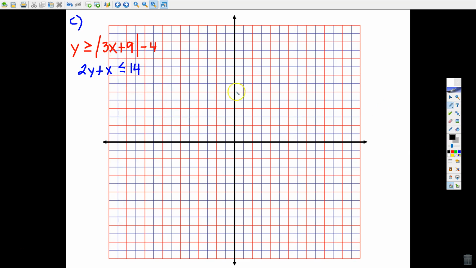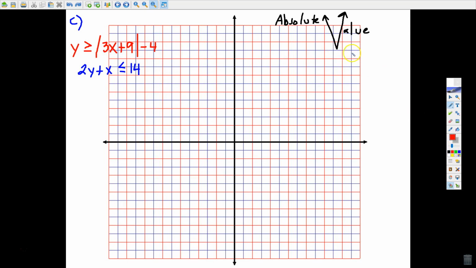Let me give you a formula that's going to be really handy when it comes to graphing absolute value, whether they're equations or inequalities. Remember, I think I've already shown you this, but if you spell the words absolute value, always remember that the result of the graph of an absolute value function has to be V-shaped, whether it's upright like this is, or if there's a minus in front of the absolute value, then it's going to flip the V over. So we know that this is going to be an upright V,